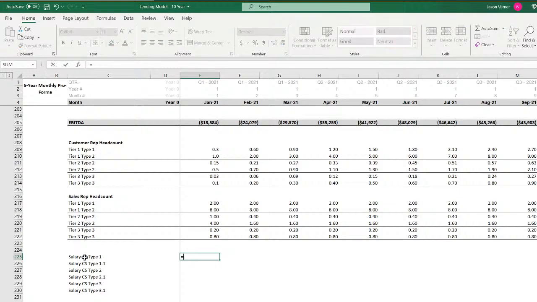So we simply go the count. Sometimes it is easier to break everything out into its own row so you don't have to put too much into one formula. So salary CS type 1 is just equal to the count times